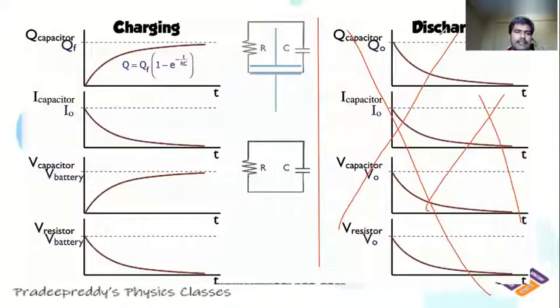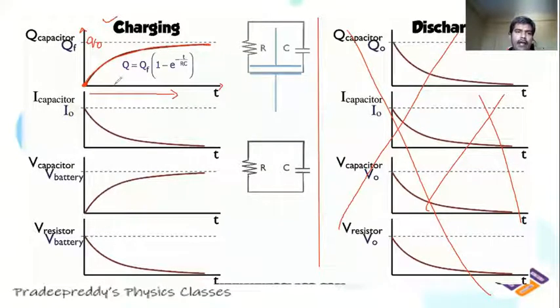Now let us plot graphs for charge, current, and voltage across the capacitor. So we are plotting graphs only for the capacitor, not for the resistor. Now in case of charging, what would happen? As we know, initially the charge on the capacitor is 0 at time t equal to 0. And as time goes on, what is happening to the capacitor charge? Capacitor charge increases with respect to time, and finally it attains the value of Q naught, which is the maximum charge attained on the capacitor.